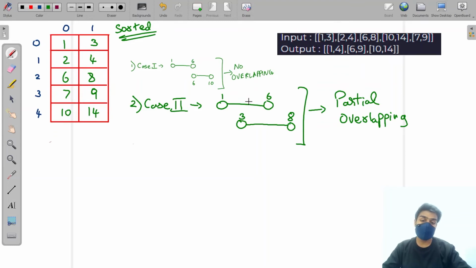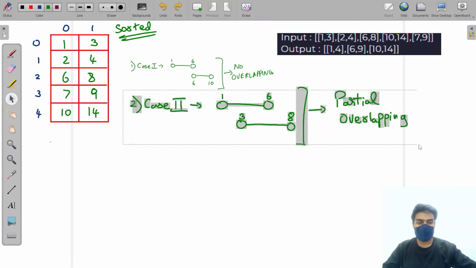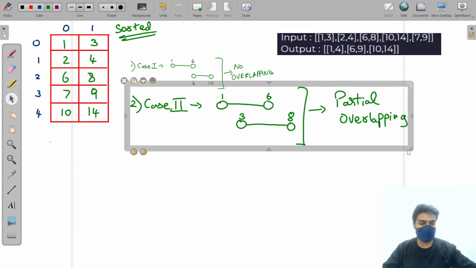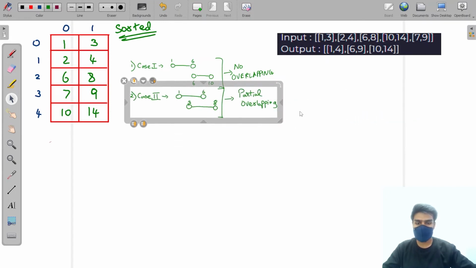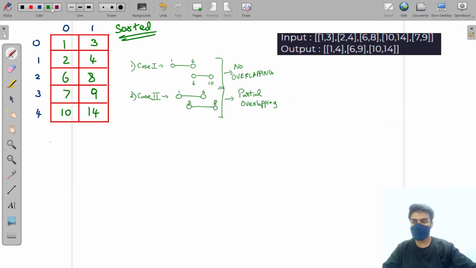Alright, because from here to here it is overlapping, so it is a partial overlapping. Now I will make it short. I hope you understood these two cases. It's very simple. And the third case